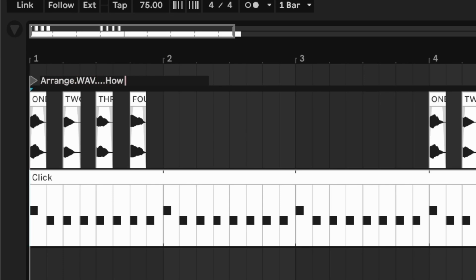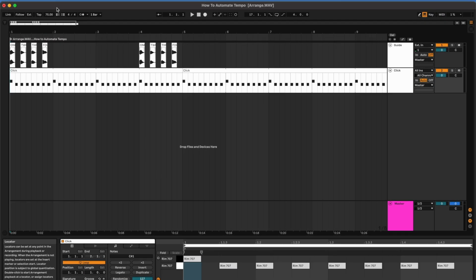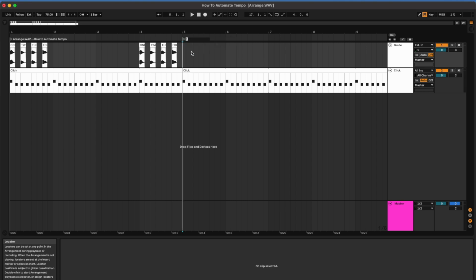Welcome to Arrange Wave. We're talking about how to automate tempo. Okay, our project is set to 75 beats per minute, and right here we want it to switch to 85